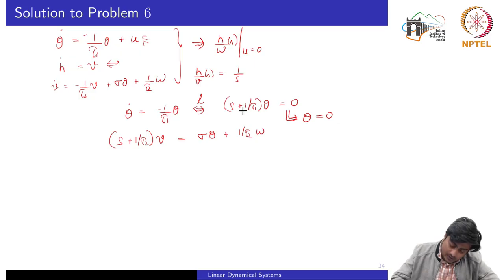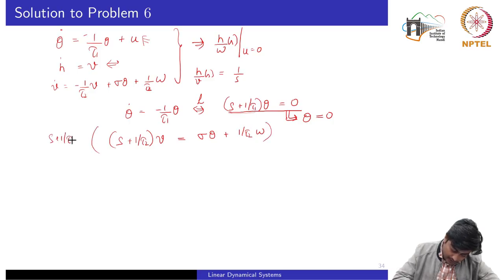But if I do not assume anything on the positivity or negativity of this tau 1, then if this eigenvalue is on the right hand side, it is no longer possible that theta would approach towards 0. But if the eigenvalue or the root of this part is on the left hand side, then theta would definitely be equal to 0. So without making any assumptions and knowing this fact,